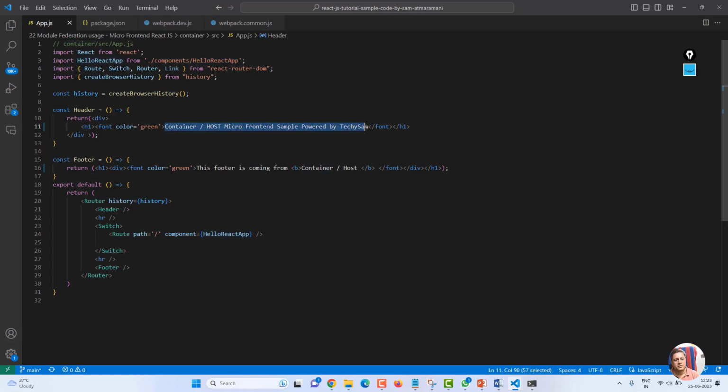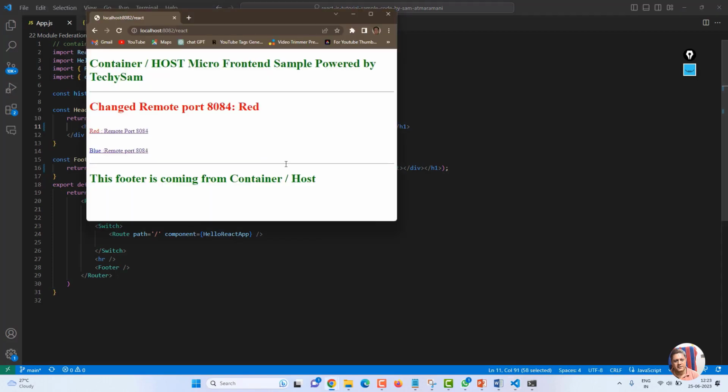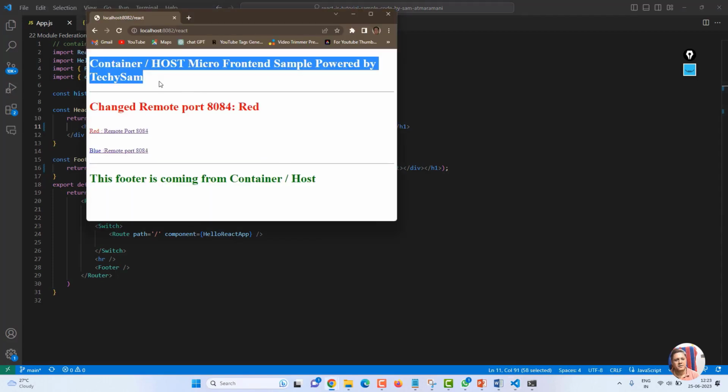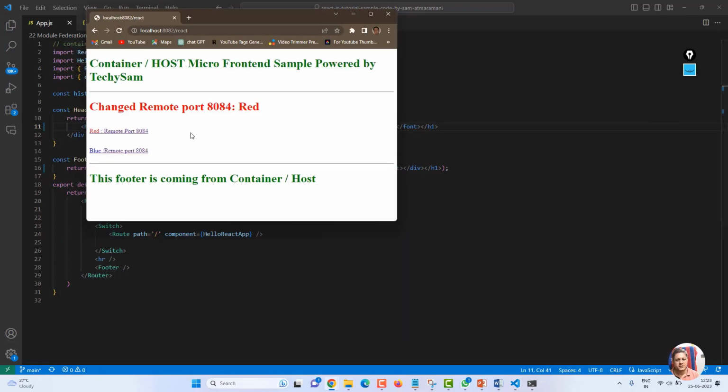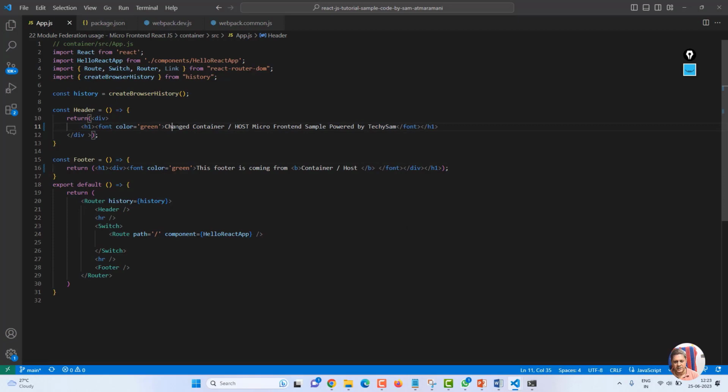Okay, so you realize like this one is mentioned on this one, right? If you want to see, I can make the change now also. Let me mention change, go there, and it will reload and see changed. Okay, so this is the host and container, correct? I have made this change. Now,